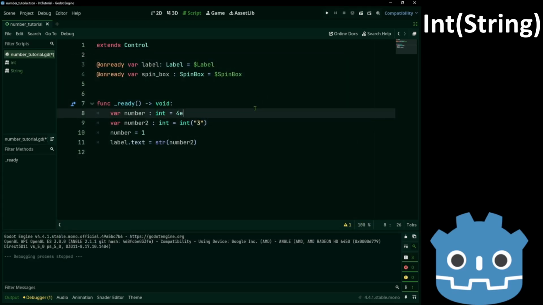In the previous video we saw E. It means multiply by 10 raised to some power. In this case, it's 4 times 10 raised to the second power.